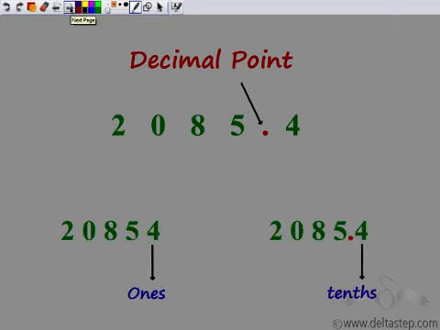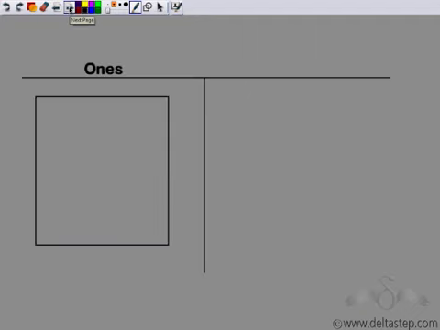So let's look at these two numbers now. We have this number without a decimal point. So the last digit, the rightmost digit, becomes 1. And we have a number here which has a decimal point. Now, the digit immediately next to the decimal point, immediately right of the decimal point, is what we call the tenths. Now, let us try to understand what exactly this tenths place indicates.